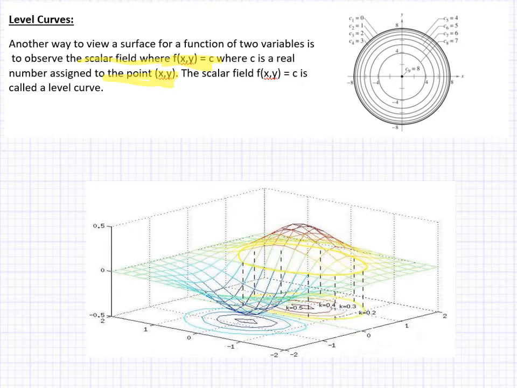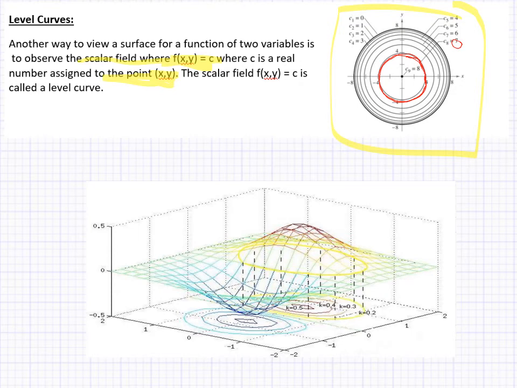And so this right here would be a picture of that level surface, where you only are looking at the domain values, and certain domain values are assigned a constant, which would be its associated z coordinate. And each one that has a similar z coordinate, let's say everything along this ring here, the z coordinates for all the domain values on this ring have a z coordinate of 7. And so we'll draw a curve that essentially groups all those points together as having the same z value of